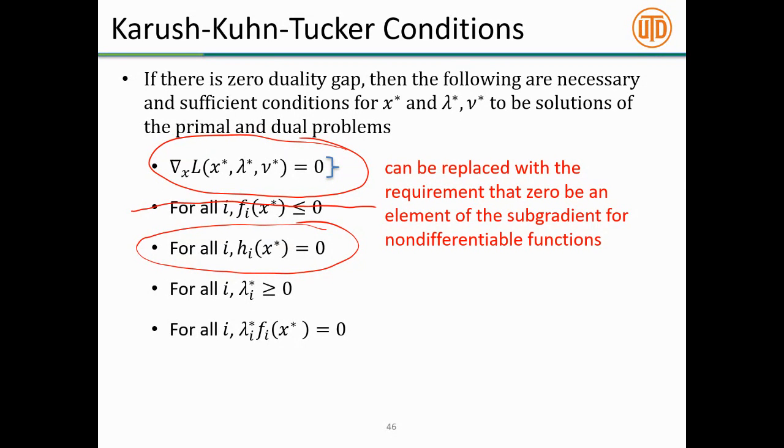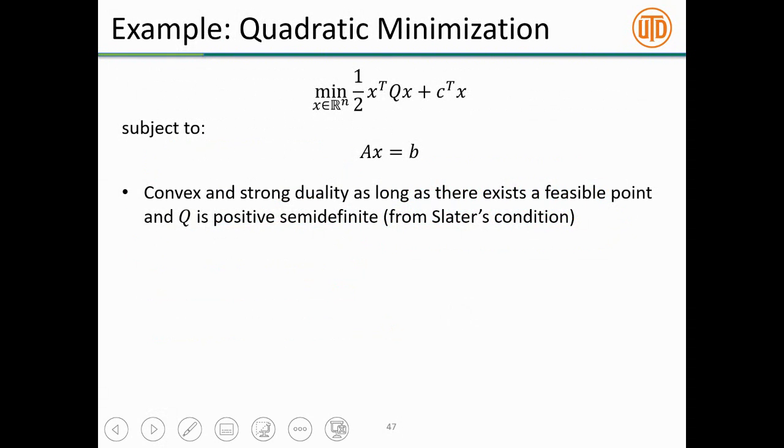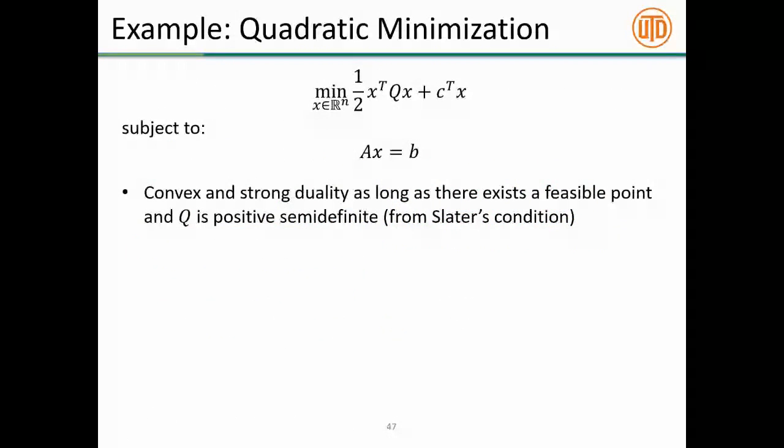The other conditions, complementary slackness, dual feasibility, and primal feasibility for inequality constraints, don't apply because we don't have any inequality constraints in this case. So we need to find an x star, lambda star, and nu star such that